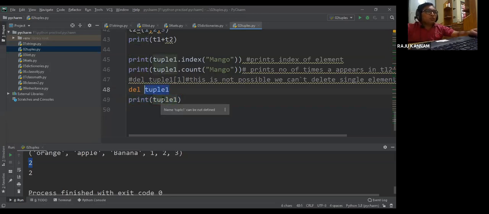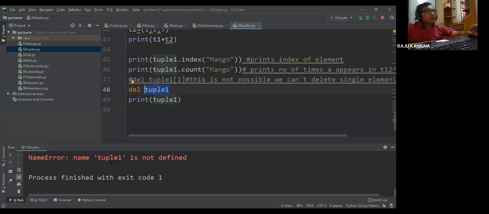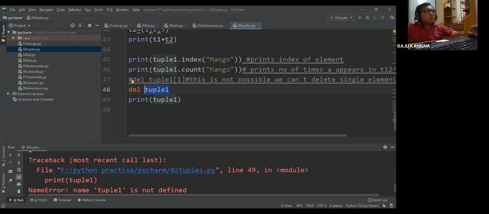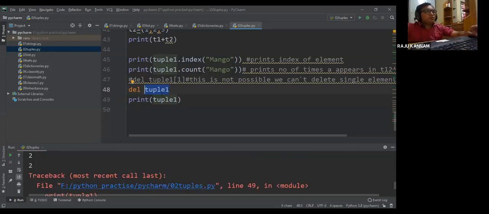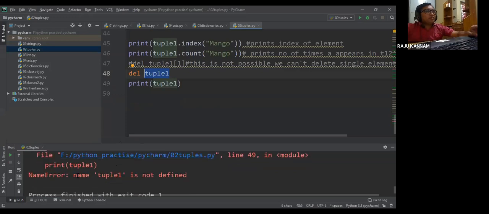Nothing, there is no tuple. So it will throw an error, a name error. Name tuple 1 is not defined. That means it is deleted. Even though we have defined and used it, in the last instruction we have deleted the tuple.